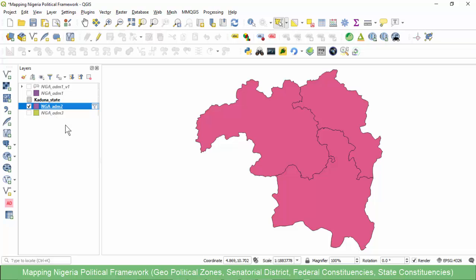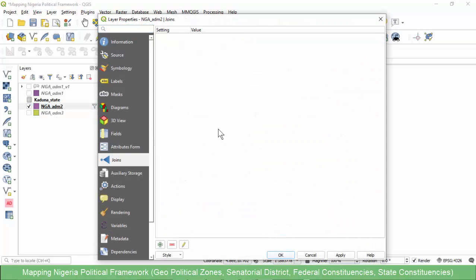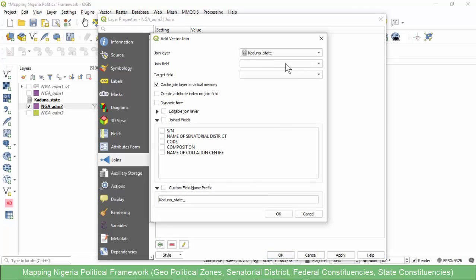So I'll double click on the LGA layer. Then I'll go to join, then add join. Then I'm joining it to this Kaduna table, based on this code column. Then the target column is the code column. Then the join field, let me join